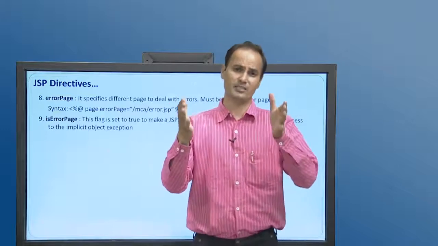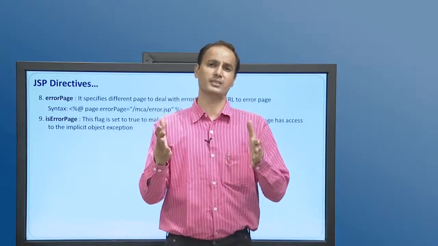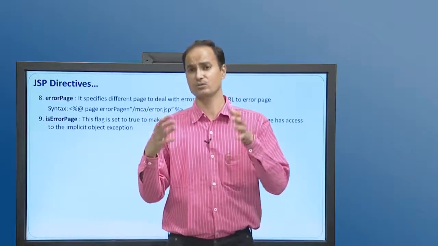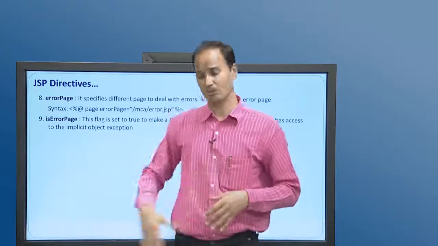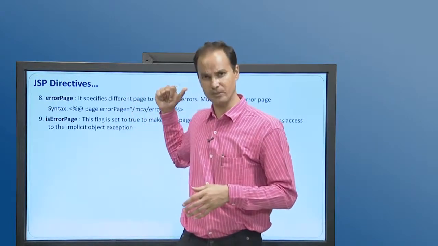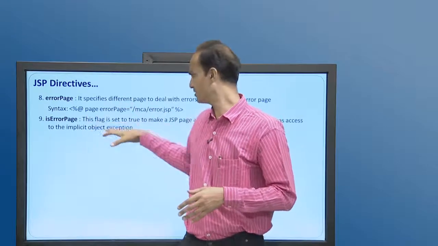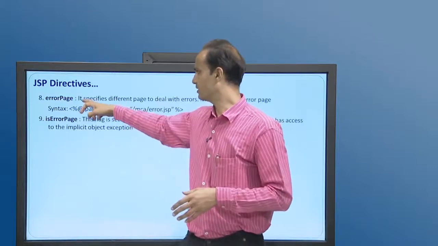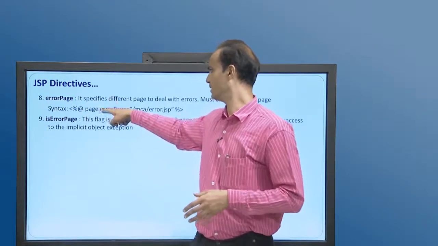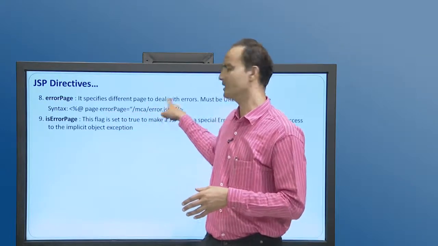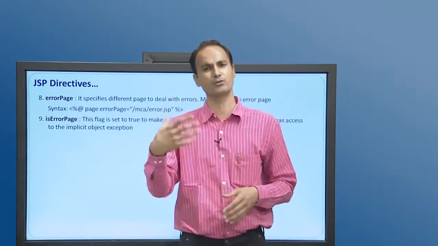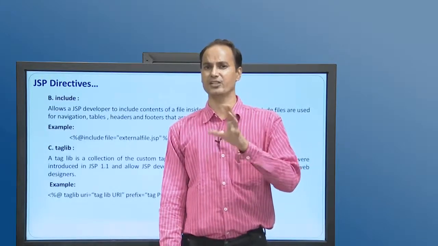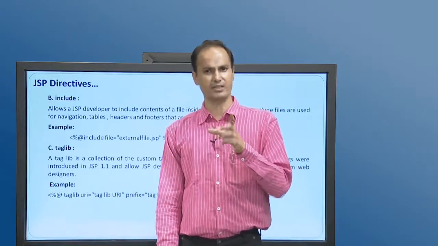If you are writing a JSP page, there may be an exception in execution. So, how can such kind of exception be handled? You can handle it through errorPage and isErrorPage. You have to specify the value isErrorPage is equal to true, which means this is the error page and it is going to handle the exception. So, the error page will be invoked. You have to specify errorPage is equal to the name of the error page to be invoked, and the exception will be handled. So, these were all the page directive attributes.